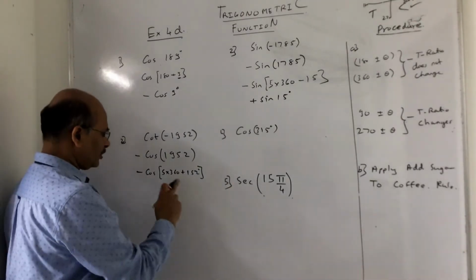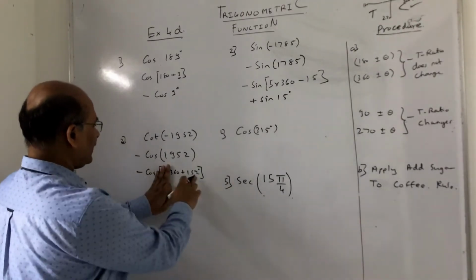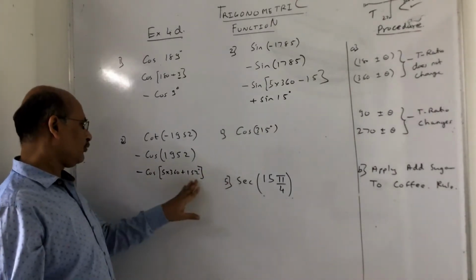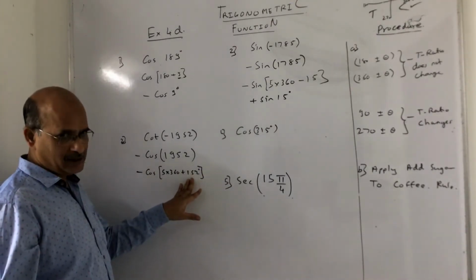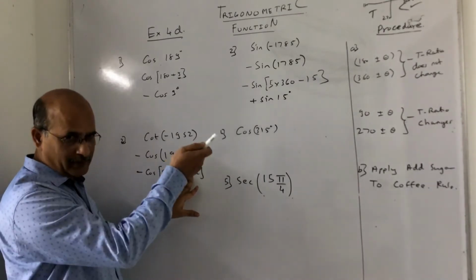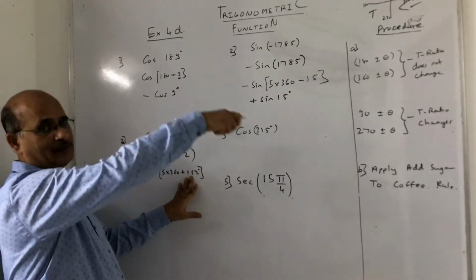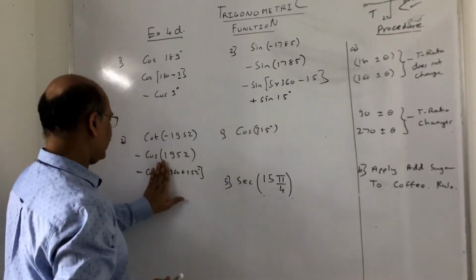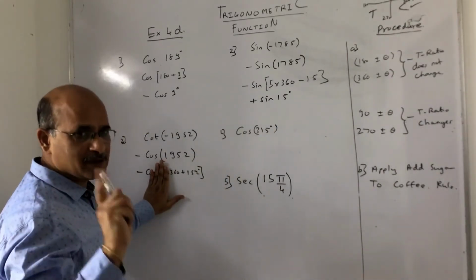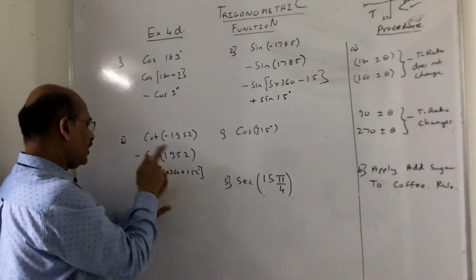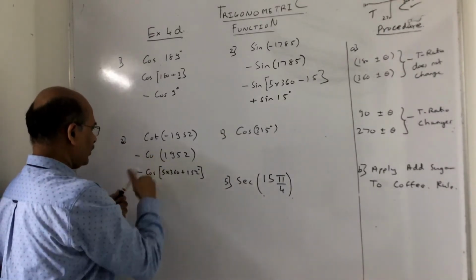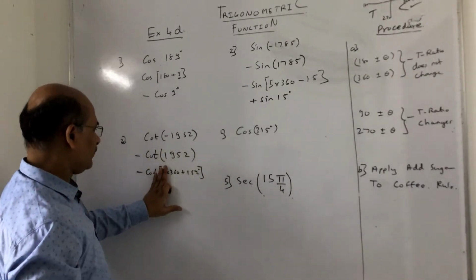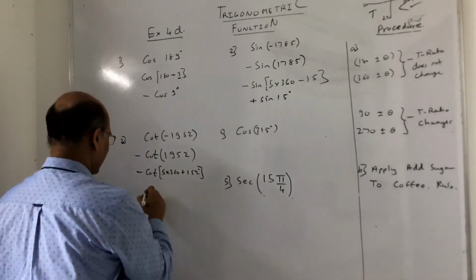So let us begin with this. Cot of 360 plus theta. I hope you got this point. So what I say, ignore this as an acute angle now, because we don't know where the terminal arm is. But from there we are taking 360 degrees as a complete rotation. So just follow this rule and apply. Now 360 plus theta is first quadrant, so it is positive. This is cot here. So 360 plus theta, the ratio will remain the same.